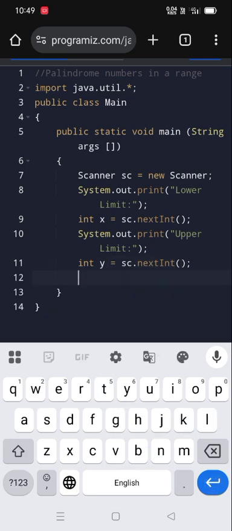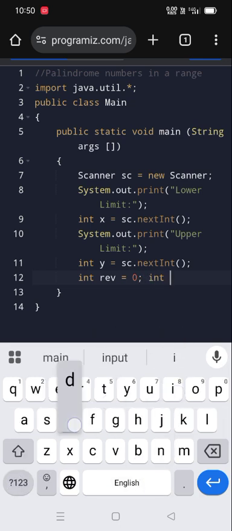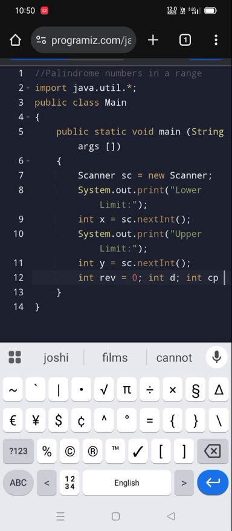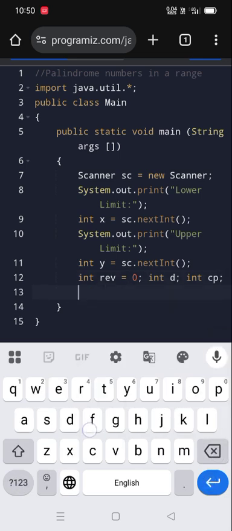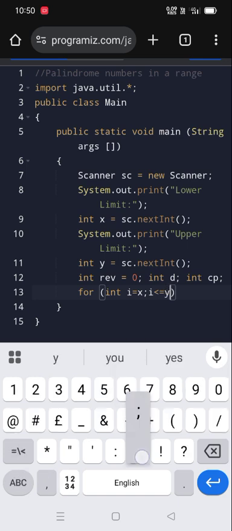and after that we have to take integer reverse equal to 0 to reverse the number, initializing as 0. Integer digit, we need that to extract the digit. Repetitive division inside the while loop, we have to use for loop as well for this. And the next step will be to declare a variable named integer copy. Okay, integer copy. So after that we have to use for loop for integer i is equal to, we are starting from x and i is less than equal to y, then i plus plus,